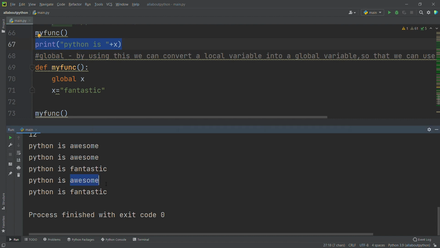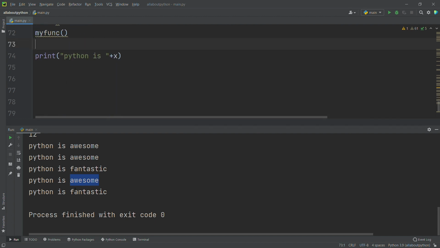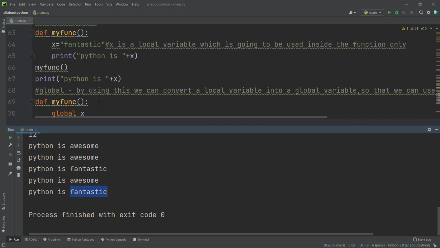But after going through global x is equal to fantastic, if I try to print the statement, then it's going to print fantastic. That's the main use of global variable and local variable, and this is all about variables. In the next tutorial we will discuss another topic.